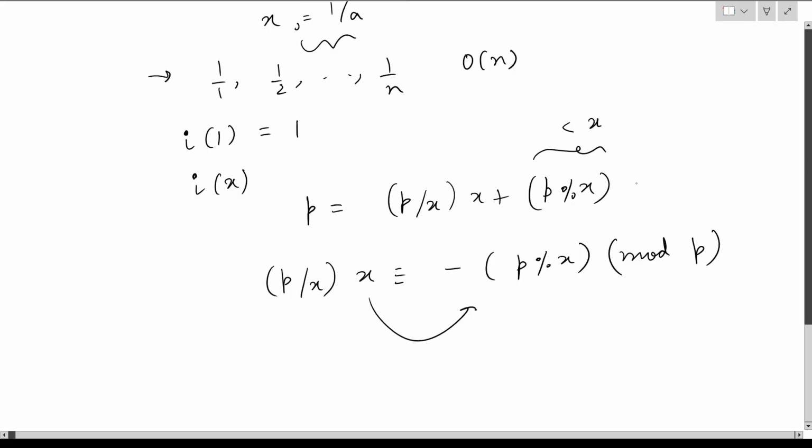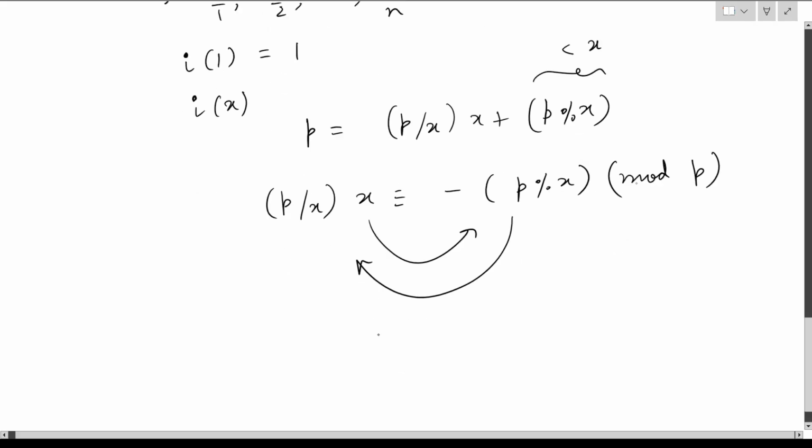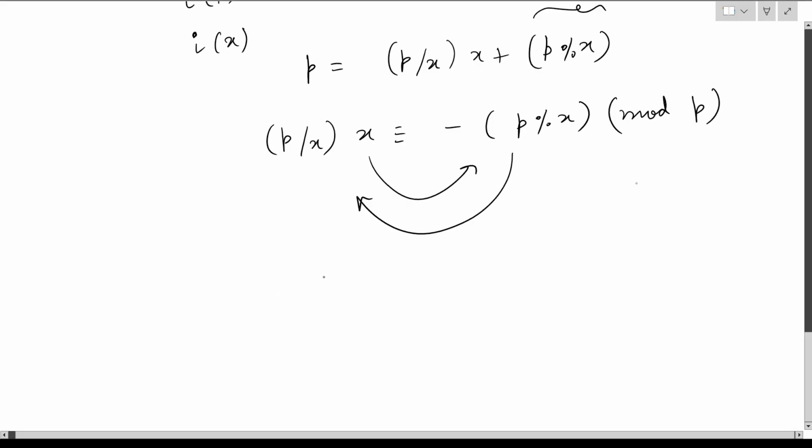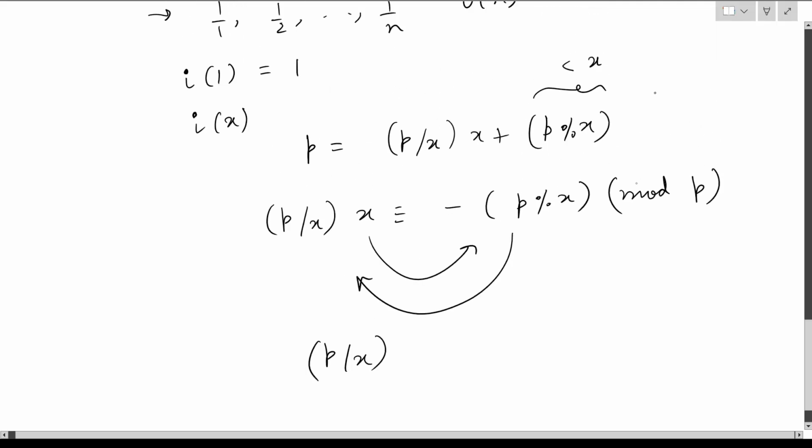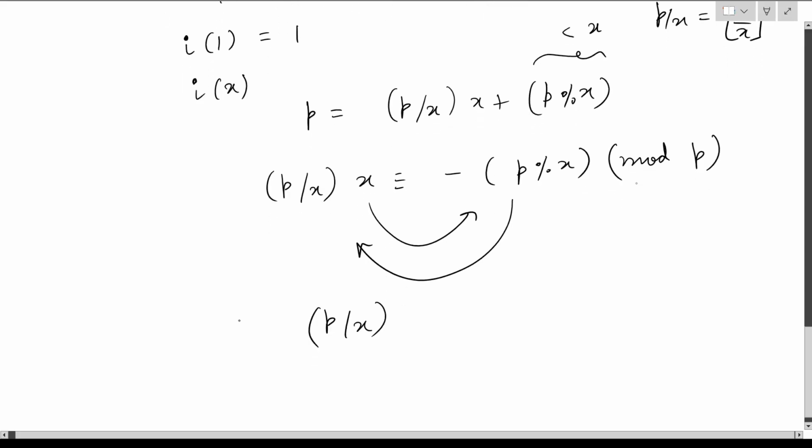And we can now move x here and move x there and move p mod x here. And that tells us that this is p by x. By the way, note of course that p by x is in fact the floor of p divided by x. So we have p by x times 1 by p percentage x. So this actually I can write off as I of p percentage x